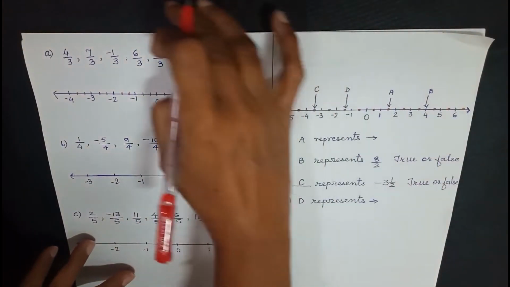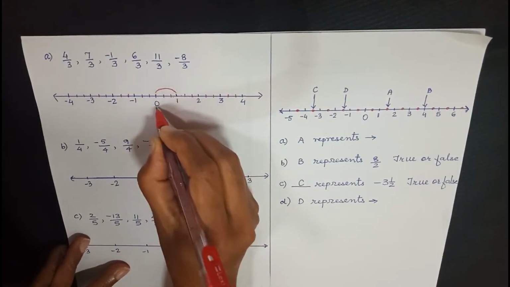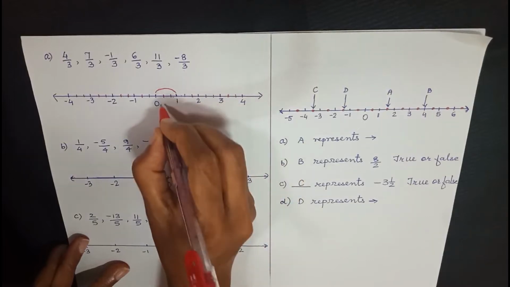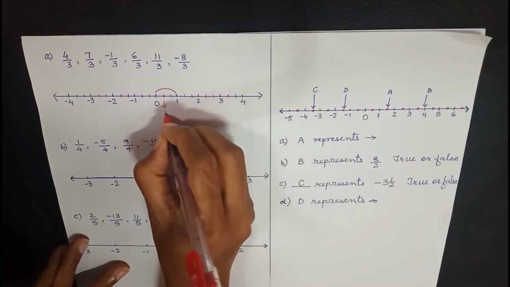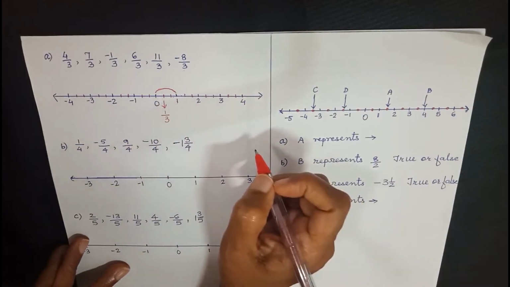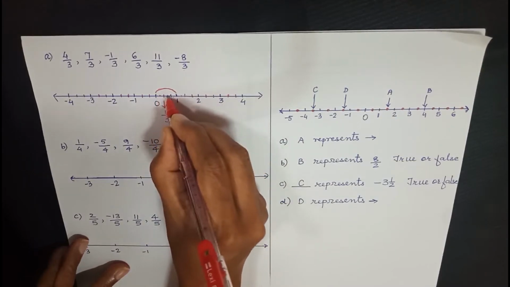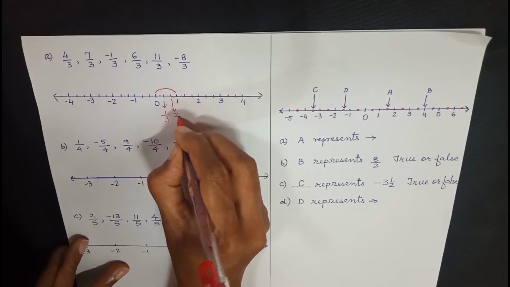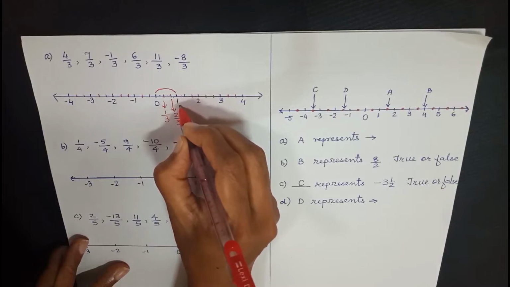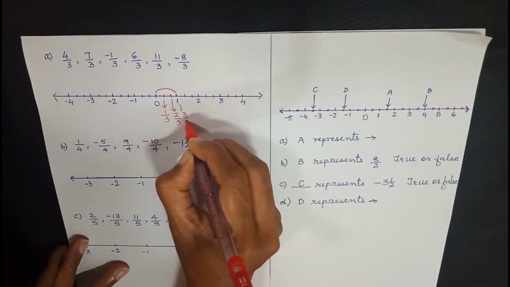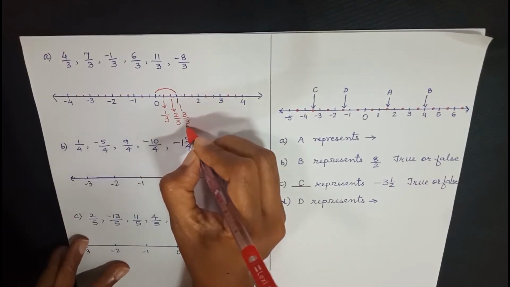Now, how to represent each part? Let us talk about this distance. You can see from 0 to 1 is divided into 3 parts. So this first part represents 1 part out of 3. That is why it will be equal to a rational number 1 upon 3. Now this second point is 2 parts out of 3. So it will represent 2 upon 3. Similarly, this third point, which is 1, is representing 3 parts out of 3. You can see I can cancel 3 and I will get 1. So this 1 is nothing but 3 upon 3.